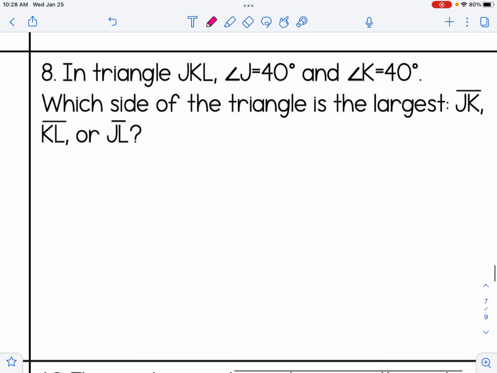Number 8, in triangle JKL, angle J is 40 and angle K is 40. Which side of the triangle is the largest, JK, KL, or JL? So again, this reminds me of one of the problems from the first page where I think it would be a lot easier to answer this problem if I had a picture. And when we draw the pictures, it's okay if our pictures are not drawn accurately. We're just kind of getting an idea of what this triangle looks like and what sides and angles are opposite one another. So J is 40,